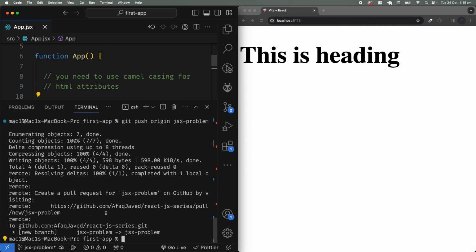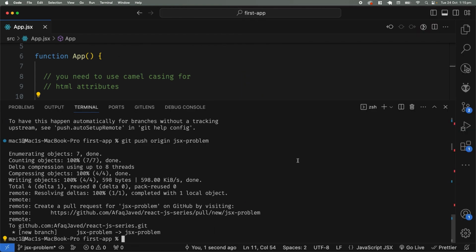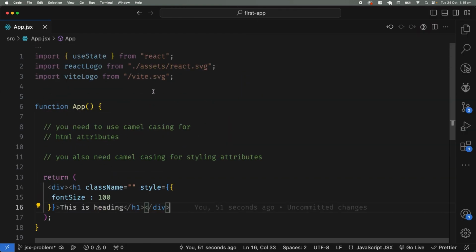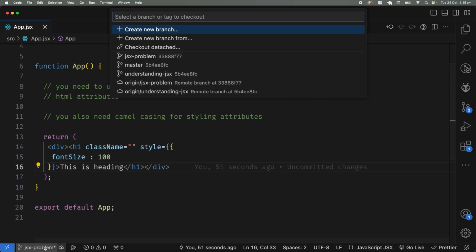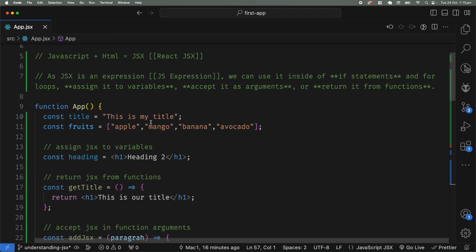Okay, so you can see that I have pushed my code to a separate branch. If you want to understand different concepts, you can easily switch between the branches. So this is our JSX branch. If you want to understand the JSX branch, if you click on this one, you can